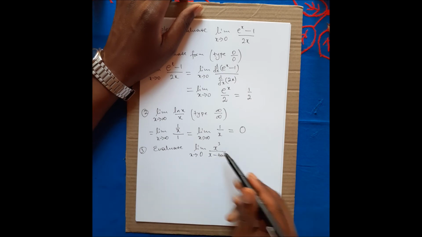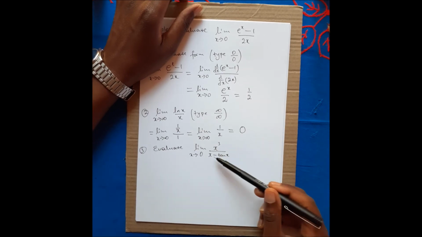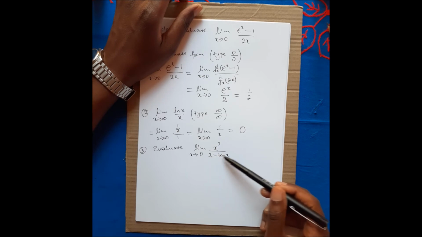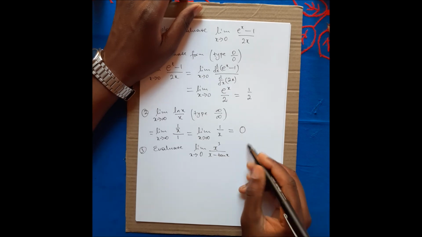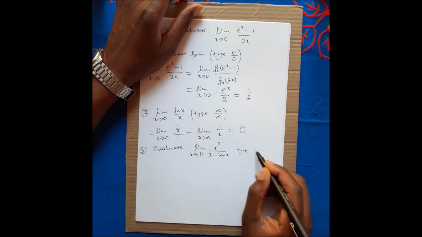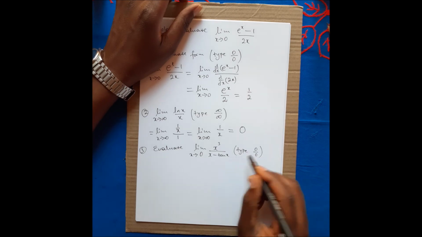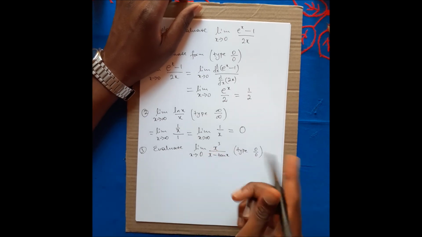If we do direct substitution, you put 0 here, you get 0, you put 0 down there, this is 0 minus 0, which is 0. So this is type 0 over 0. If it is type 0 over 0, we apply L'Hopital's rule,